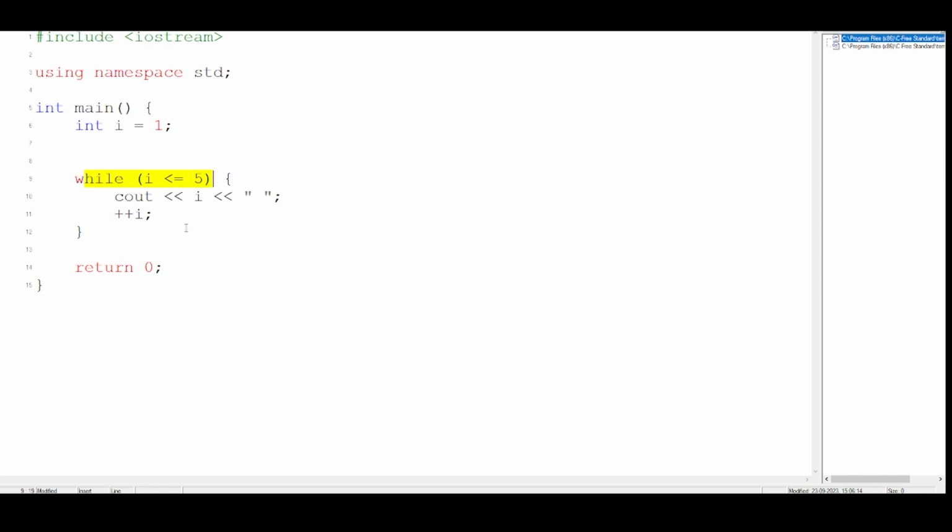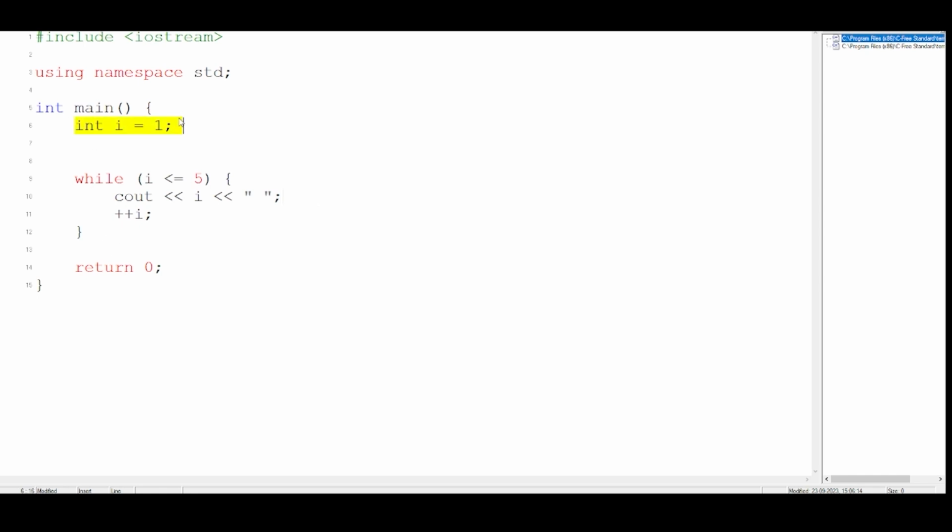Now see the condition very carefully: I less than or equal to 5. That means until I becomes greater than 5, this loop will keep on running. Inside the loop, we're printing I. So it will keep on printing until the I variable becomes more than 5.